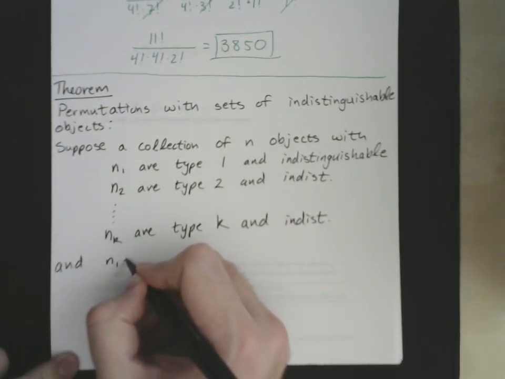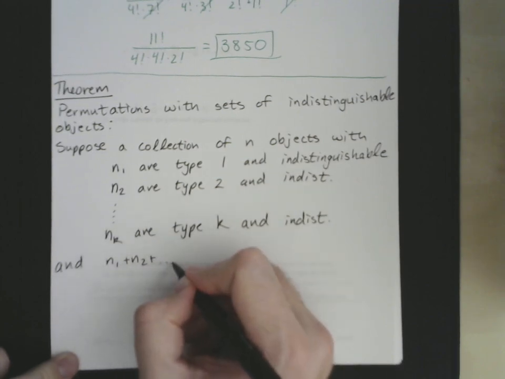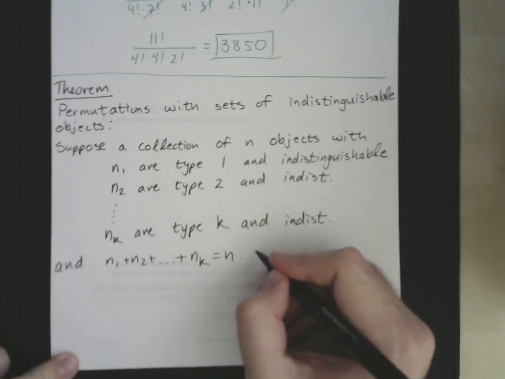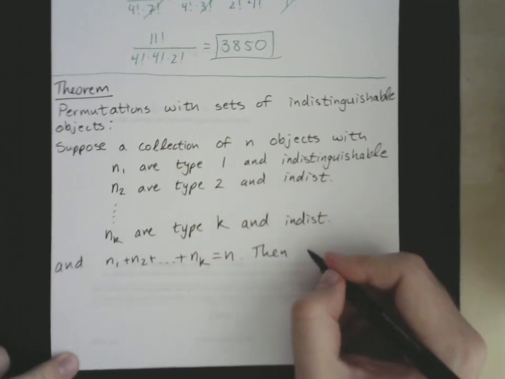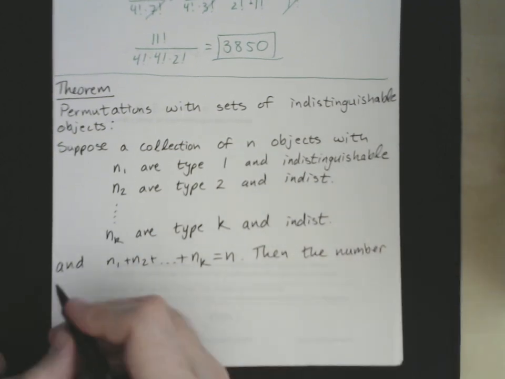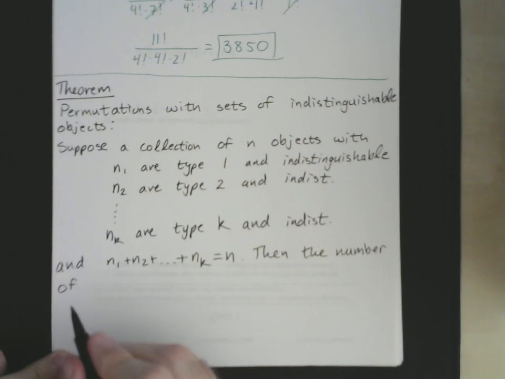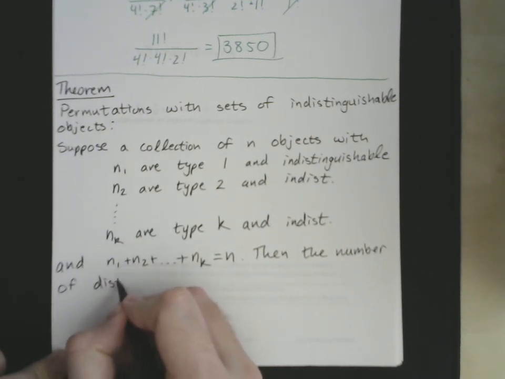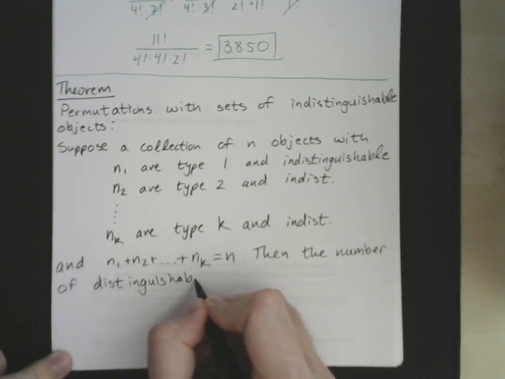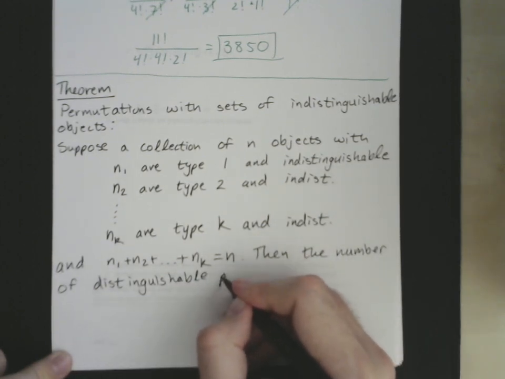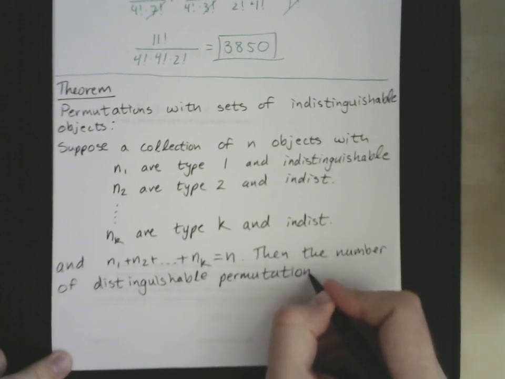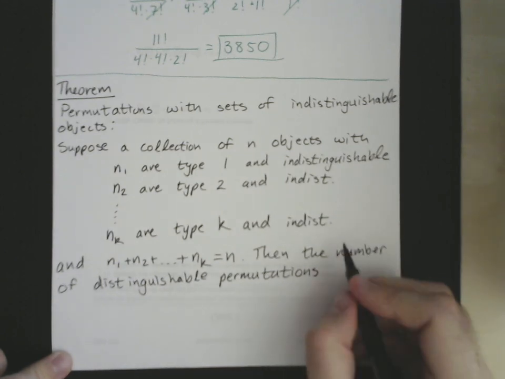And n1 plus n2 plus ... plus nk equals n. Then the number of distinguishable permutations is